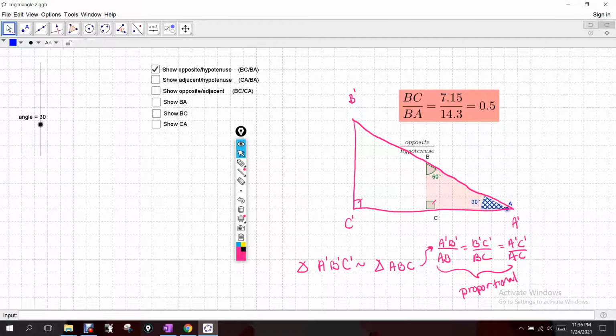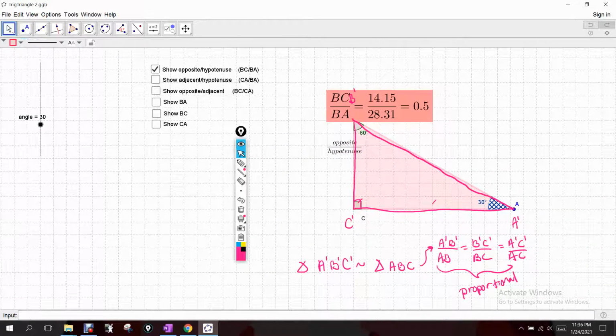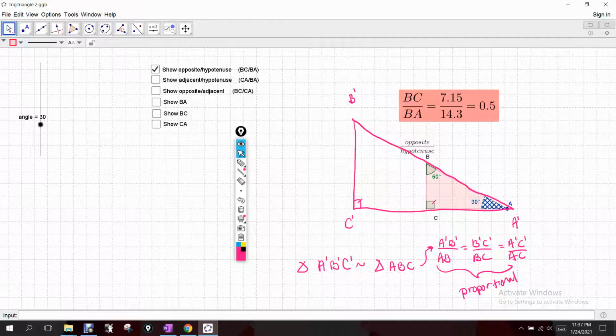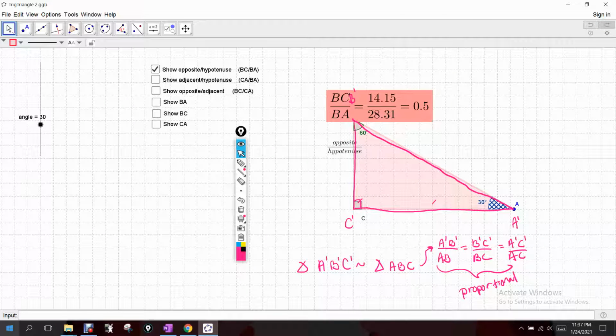Okay? But the moment that we make that grow, see if we can get it back to roughly that triangle. Now we have that distance B prime to C prime as being 14.15 and 28.31. Okay? Much different than what we had right there. These two values are different. But if you look at their quotient, okay, so let me write that one down. So A is BC compared to